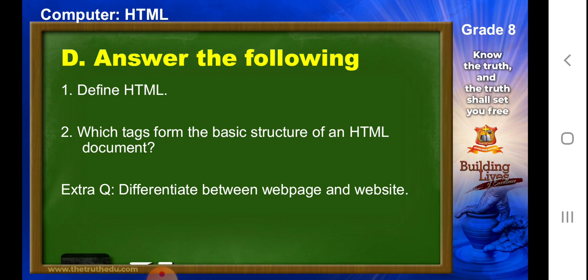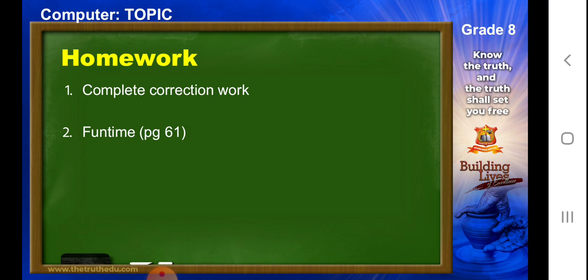If you have any other questions related to this, you can reach out to me. So students, we'll stop here. What is our homework? First, we are going to complete the correction work of what we have done, and second, we are going to do the fun time which is given on page number 61. It is a crossword which we have to solve.